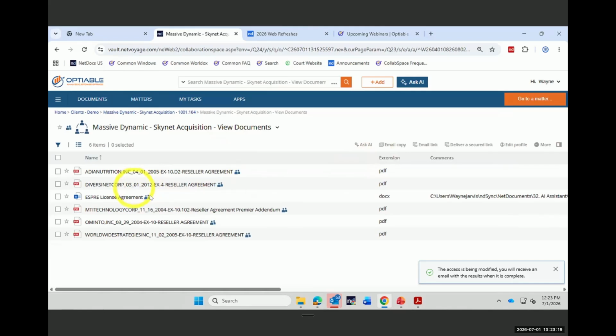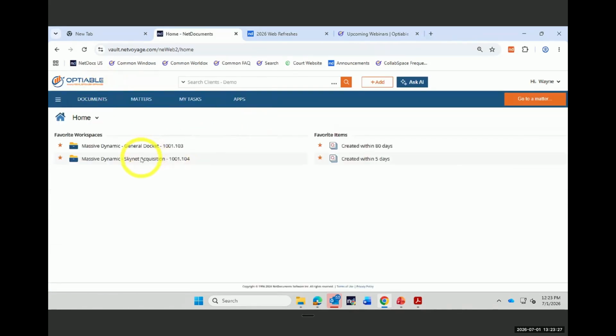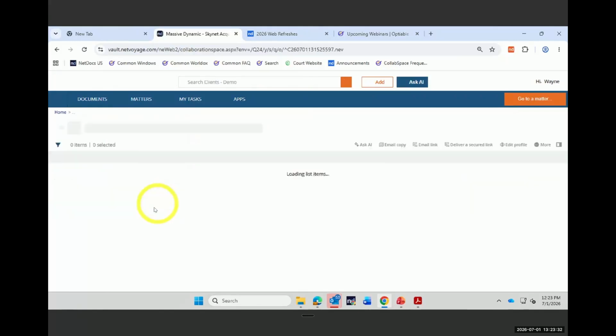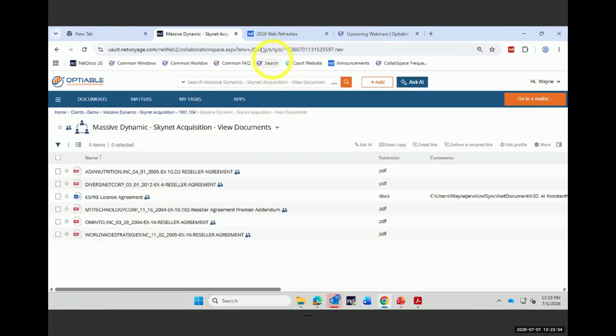All right, now that we've got people here, the blue people here, everyone can see all these documents. All right, so we've created a collab space. We've now added a user to it. And if we come over here, there's the collab space, and here are all the documents. Now, before we log into the collab space as a client,